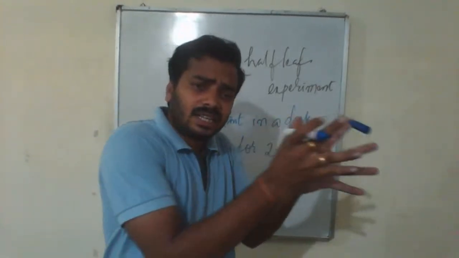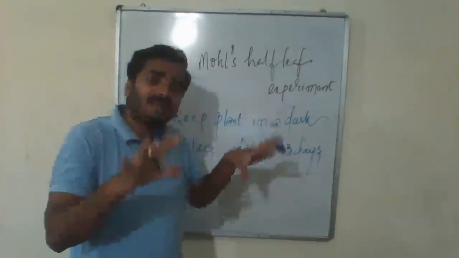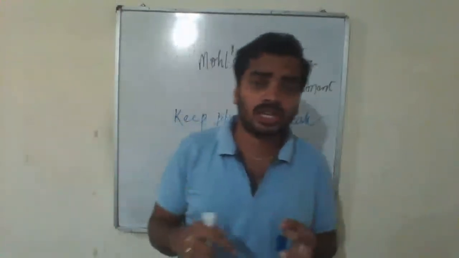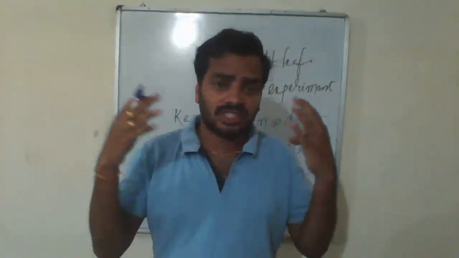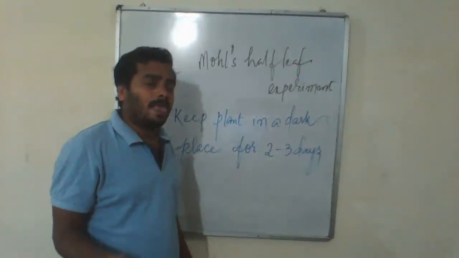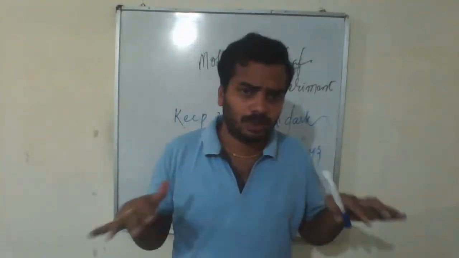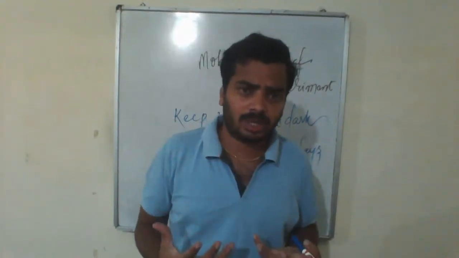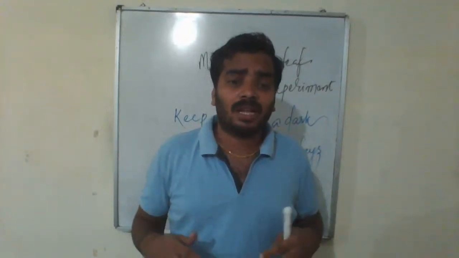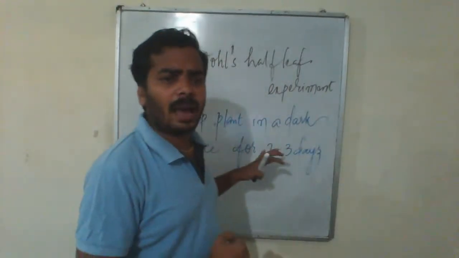When you place this plant in a dark place, what happens? It cannot perform photosynthesis, so whatever starch is available will be used up by the plant for its survival. The starch prepared inside the leaves until now, the plant will start using because there is no further food production within the plant. Same as us human beings: if we don't eat for a day, nothing happens to us, because there is storage within our body that will be used up. Our body uses the lipids and fats, the available food content. The same thing happens with the plant.